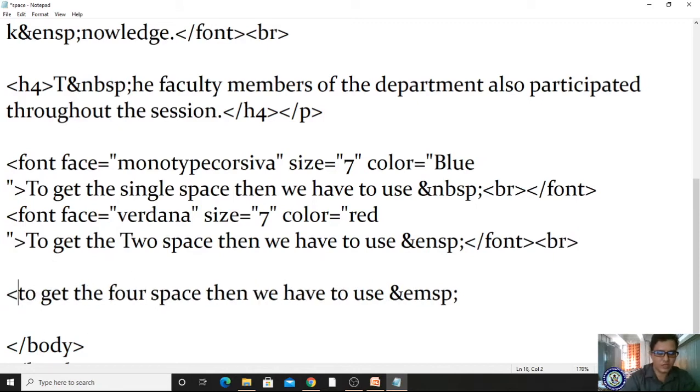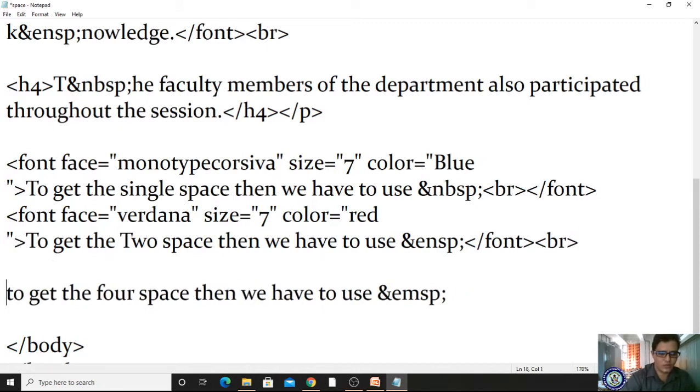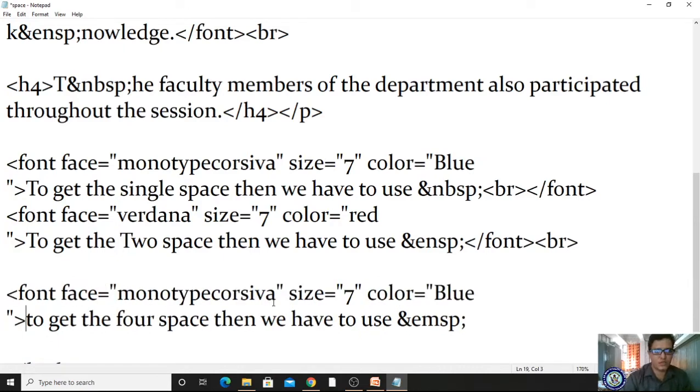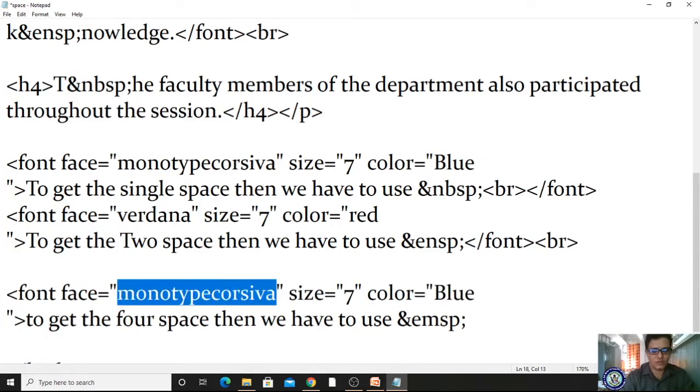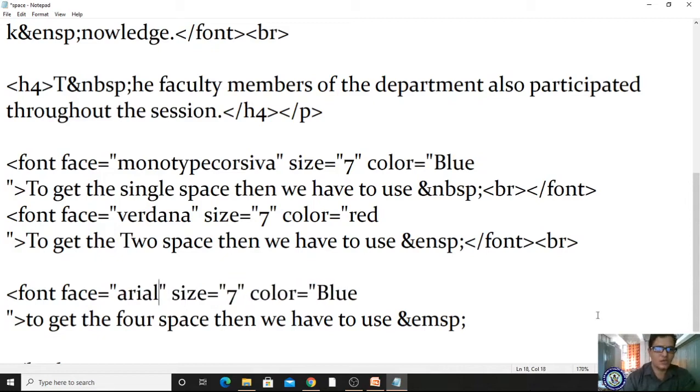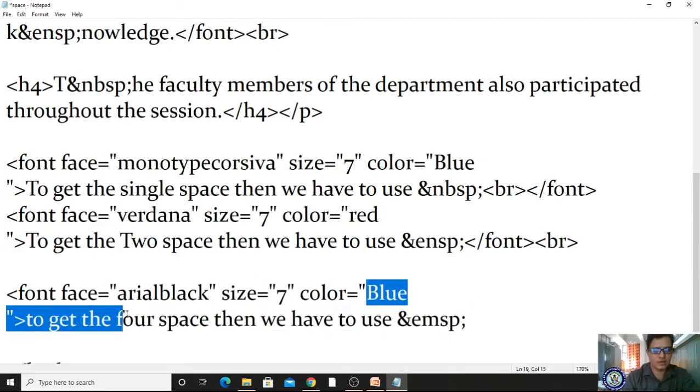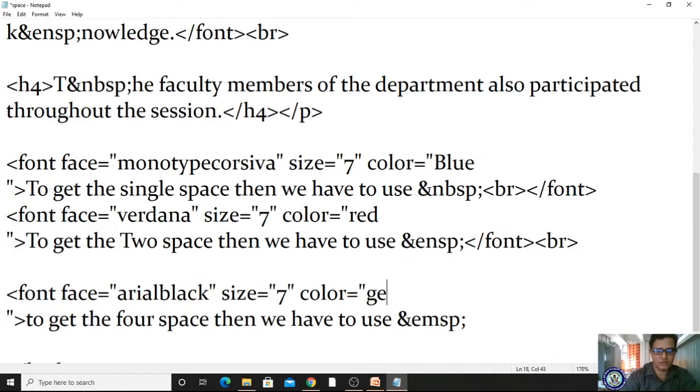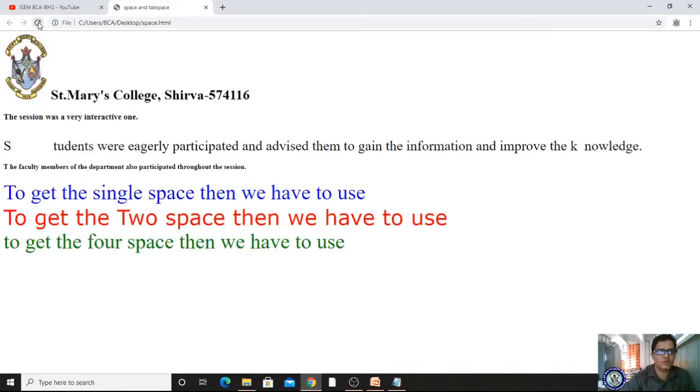I'm using the break tag, I'm using the same, I'm pasting, and I'm taking another as Arial 7 black. I'm giving black. Let me check. It is green. Now I am changing it to green. Yes. Now let me check. I'm saving, checking whether I have closed the font. If I open, I am supposed to close, right? I'm coming to the browser and refreshing.